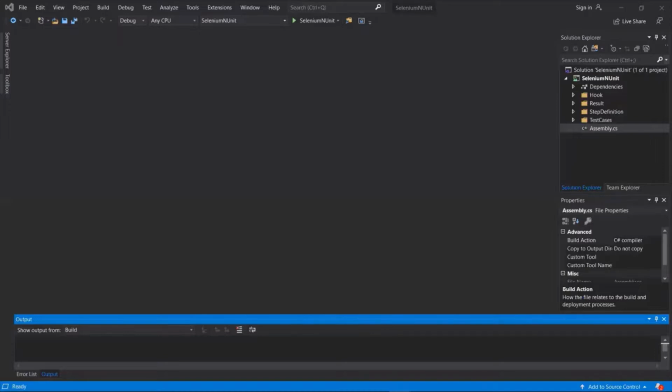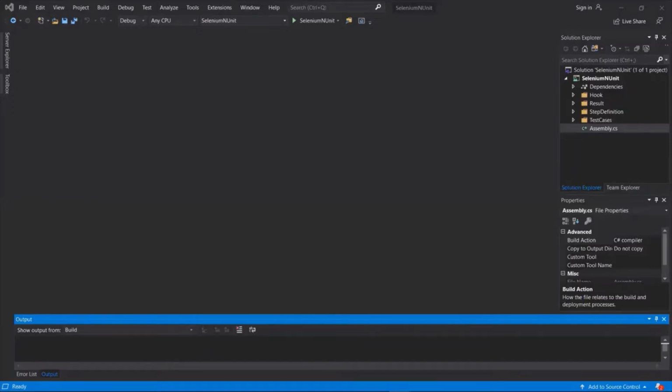Today we'll discuss external bindings in SpecFlow. What are external bindings? As you know, we have already discussed bindings in one of our previous sessions, so to get the details on it, you can watch my other session as well. Bindings are basically the bridge between the Gherkin specifications and the actual source code.